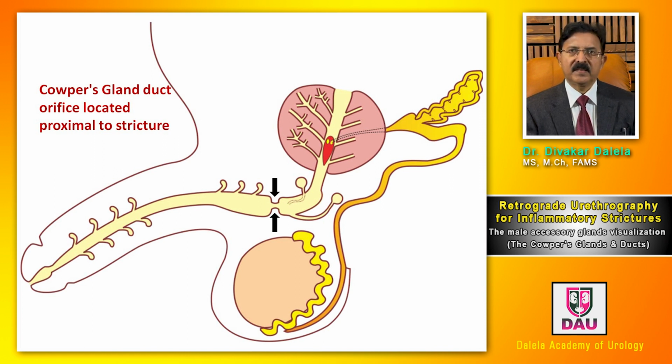In such patients, when they void, the stricture creates a higher bladder outflow resistance. With the result, the bulbar urethra gets dilated, and as a consequence of greater hydrostatic pressure, the urine refluxes into these ducts of Cowper's gland and they get dilated. This is the Cowper gland duct, and that's how it looks after getting dilated. So here it is simple to understand why the Cowper gland duct gets dilated.